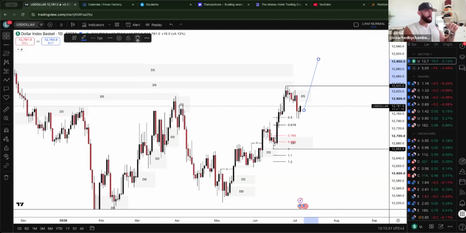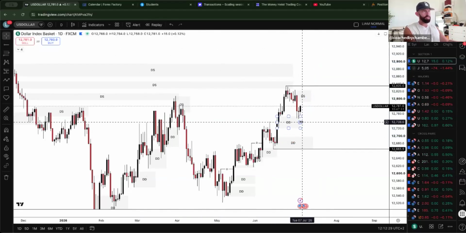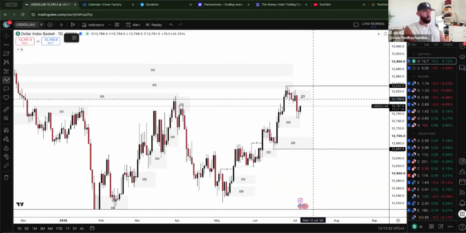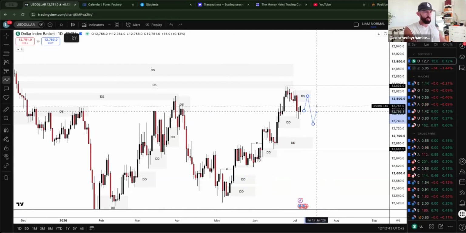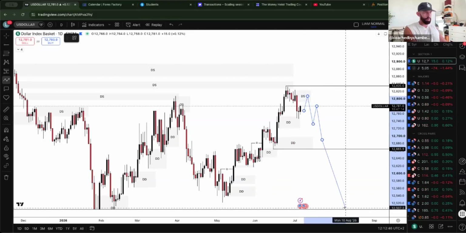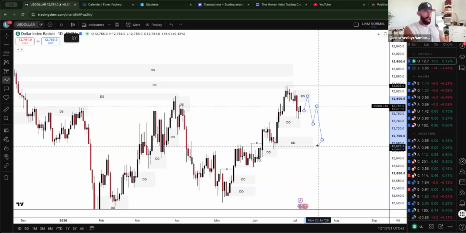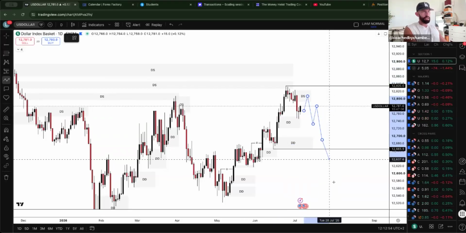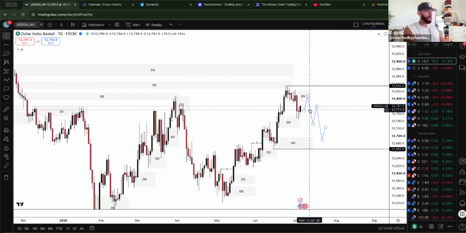What I'm waiting for at this moment in time is to see if market does carry on, which we are doing from here, and what happens from this daily supply area here. Because this daily supply area is valid, and this could be somewhere where we just carry on reacting from, either long term or at least to this daily demand, because this daily demand is my favorable area. And then we could get this, or like I said, we could just get it carrying on. So it's going to be interesting to see what happens from this daily supply area.